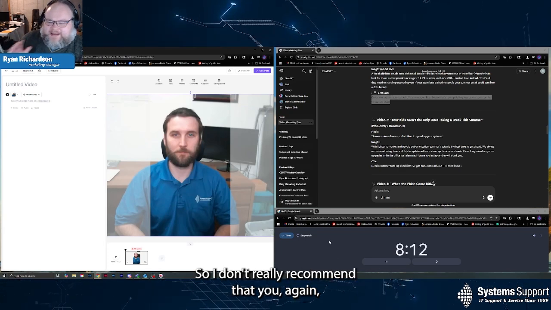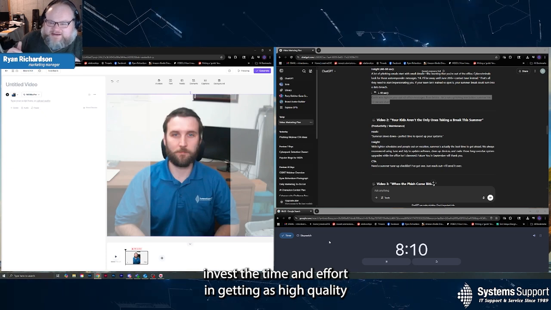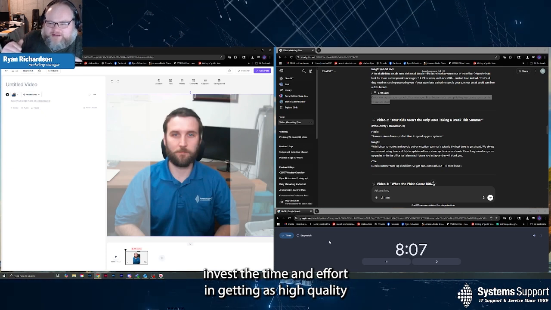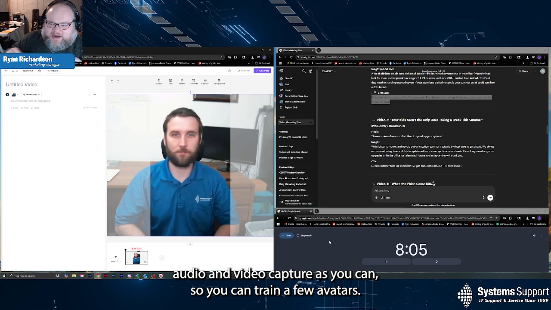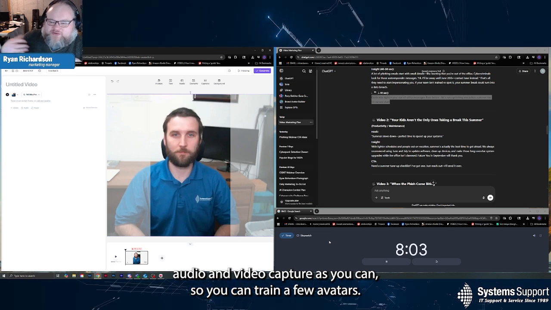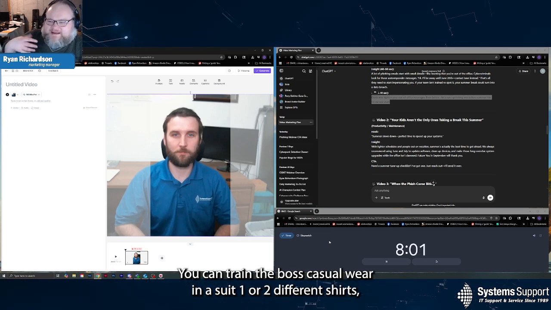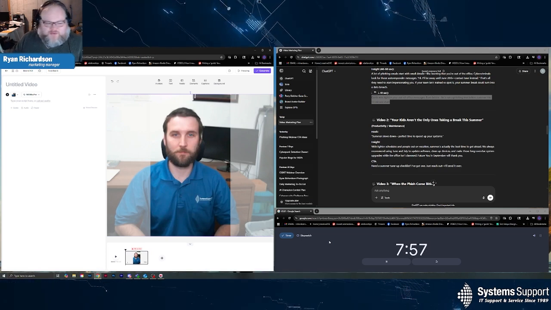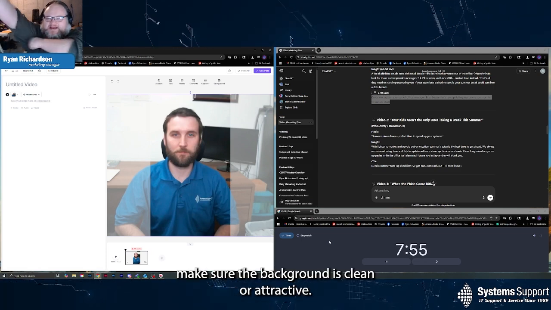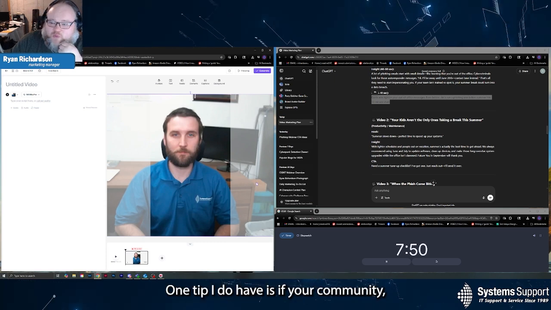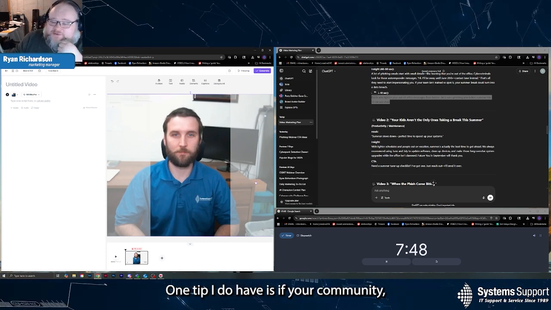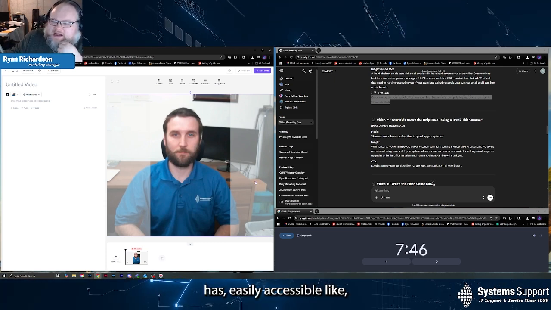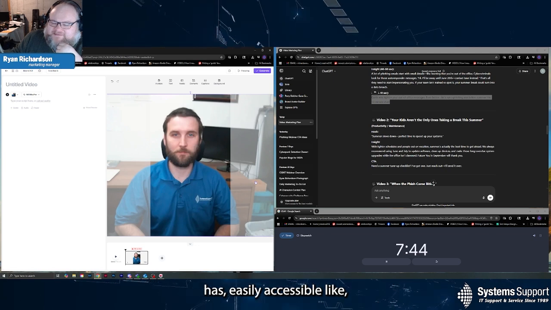Again, invest the time and effort in getting as high quality audio and video capture as you can so you can train a few avatars. You can train the boss, casual wear, in a suit, one or two different shirts. Make sure the background is clean or attractive. One tip I do have is if your community has an easily accessible